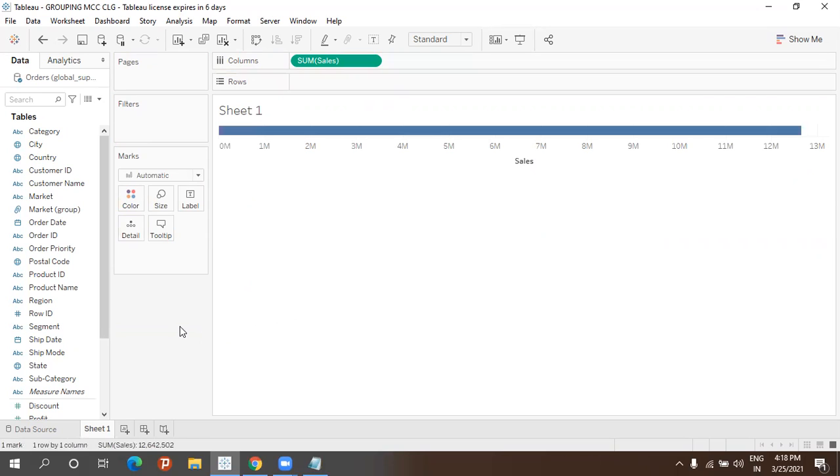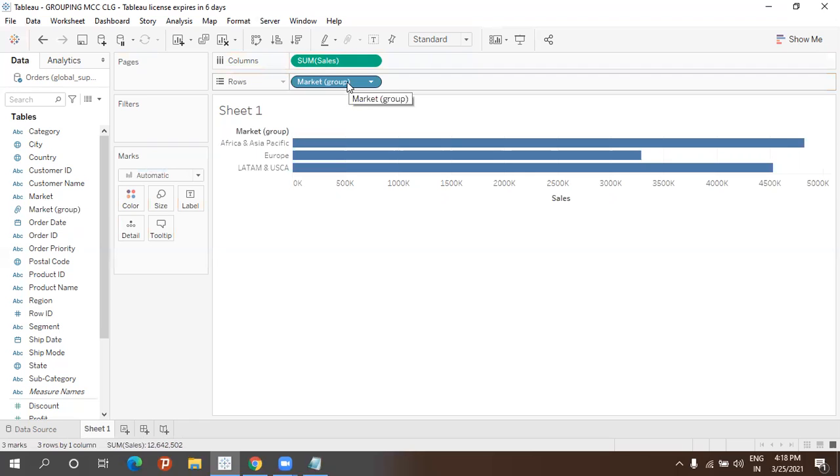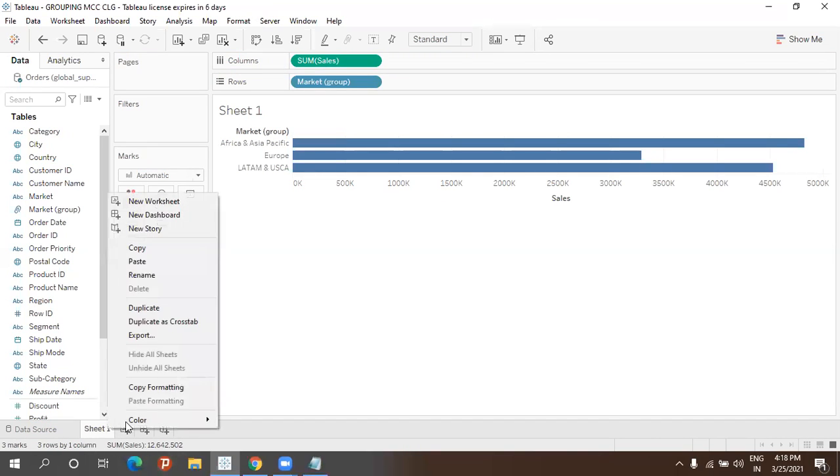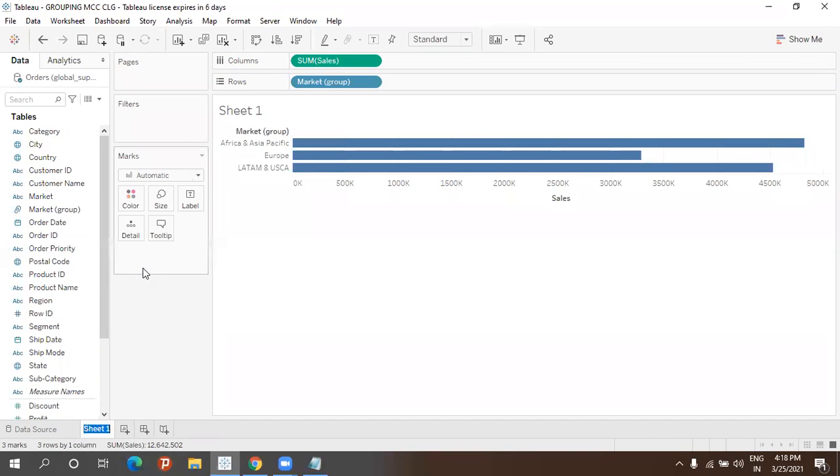And then what is the grouped one, what we have grouped, which is named here as market group. So let me drag and drop it into the rows. So which we have done now. So it is that. Okay. So now just let me save this. Yes. Yeah, good. So now let me save this. Group by headers. So we are trying to group by these headers.